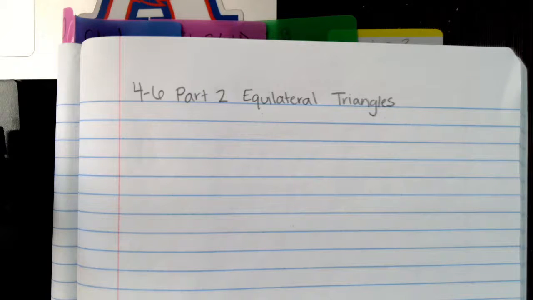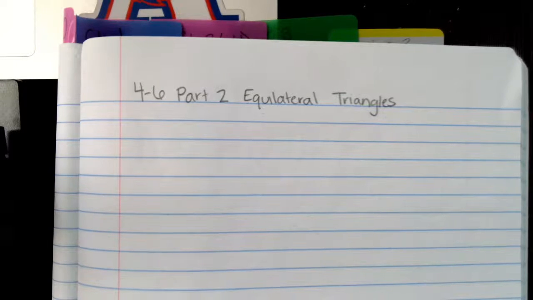Okay, then grab out your notes. You can title it 4-6 part 2, Equilateral Triangles. We won't go now. Strength factors. You turn these in. No, you're supposed to study those. And then when you come back,